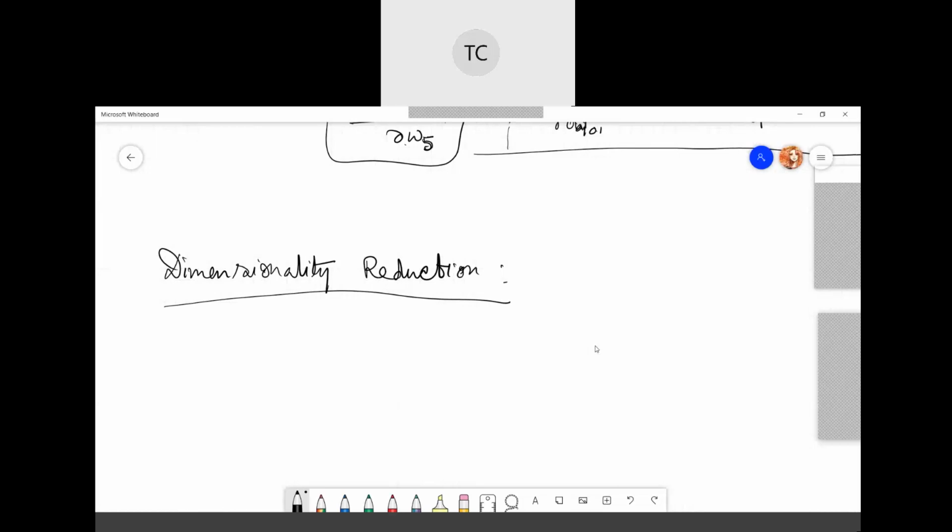Same as flattening of an image, like we are reducing three matrices of an image into a one dimensional array. Yes, correct. So in dimensionality reduction, mainly what we do is convert the higher dimensional dataset into lesser dimensions.